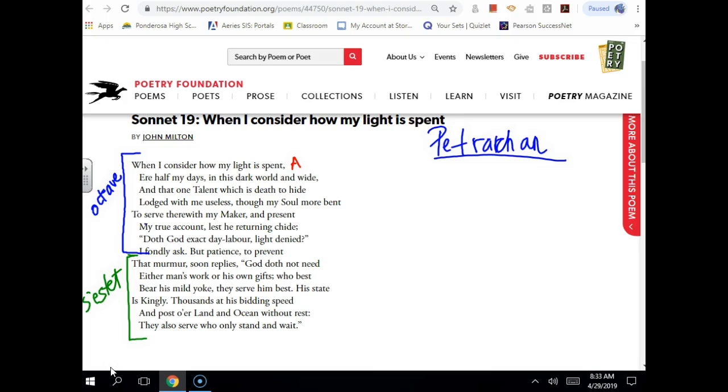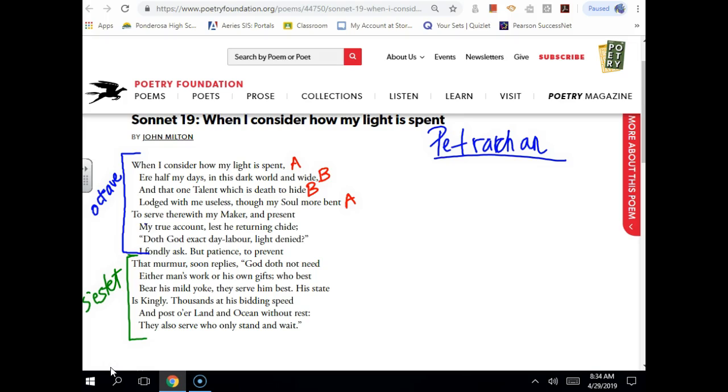So what are we going to label this one? B. They do it off of letters. That's what I'm saying. Grant, hide. Does that rhyme with either of the above? Spent and hide rhyme? Wait, no, B. So what are we going to label it? B. Good. Liz, bent. Does that rhyme with anything of the above? A. Good.